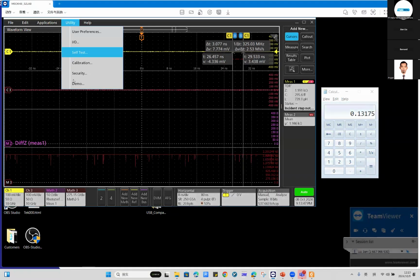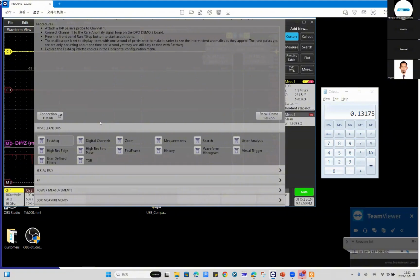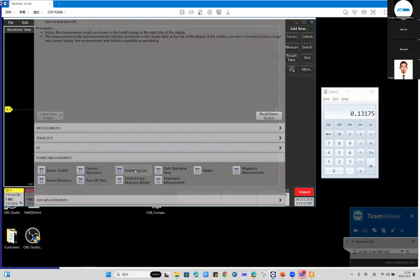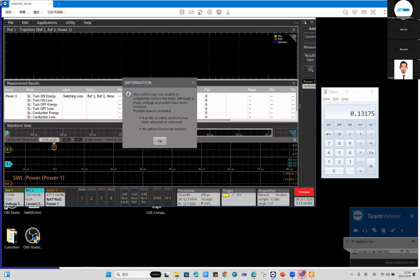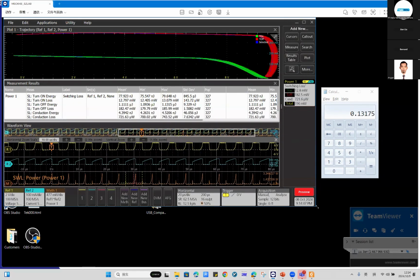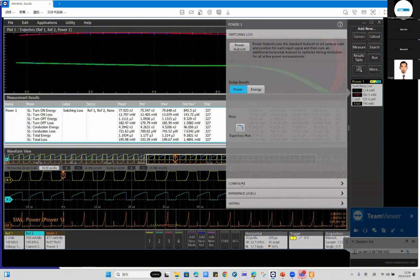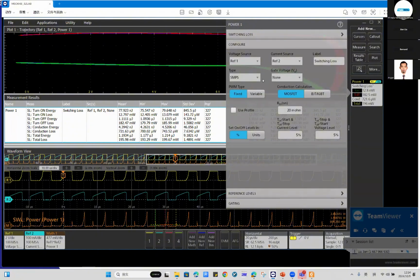Okay, so here we can see an easy demo for the power measurements. For example, if there is a lot of loss, we have the switching loss, and also we have the magnetic loss, as we mentioned before. So we just look at this example waveform. We need to know the switching loss, right? And we have the measurement here. We double click here. You can see that it can specify